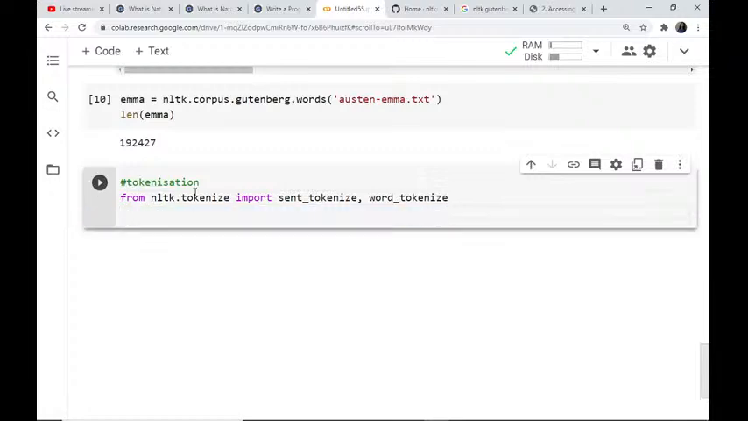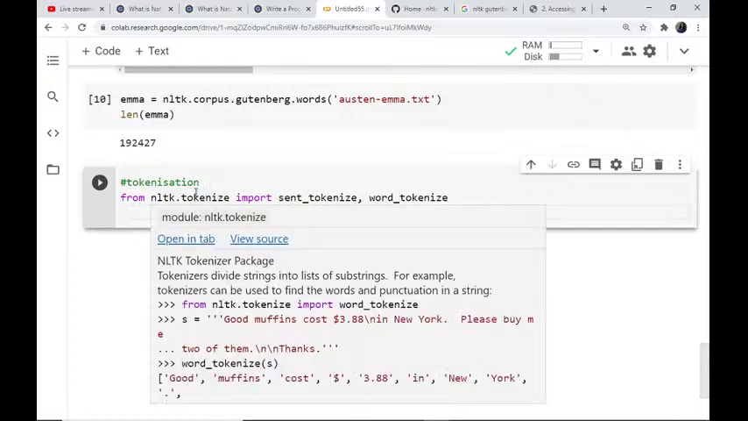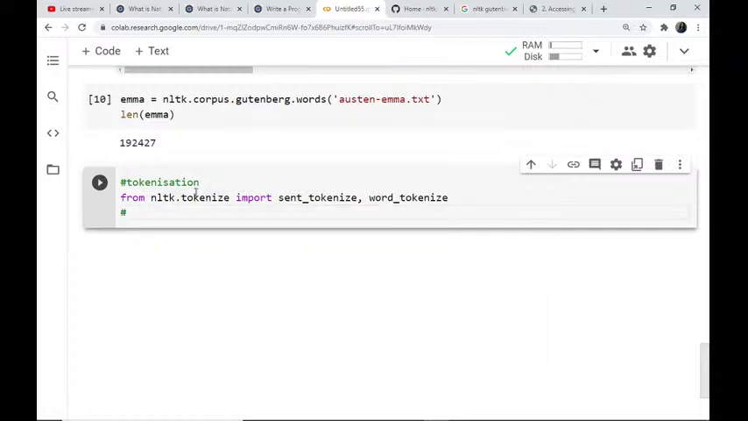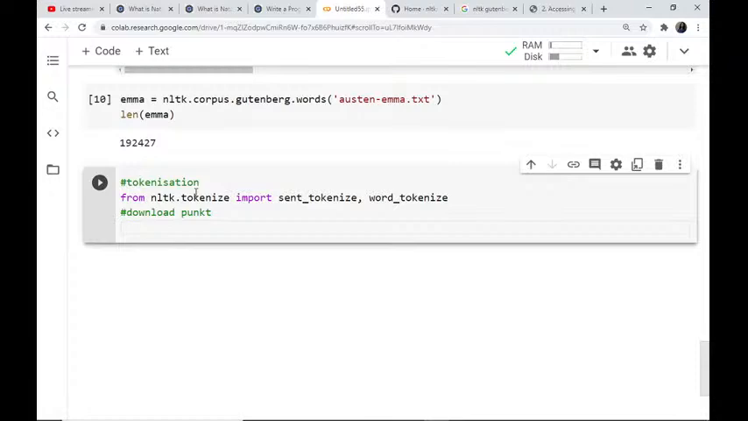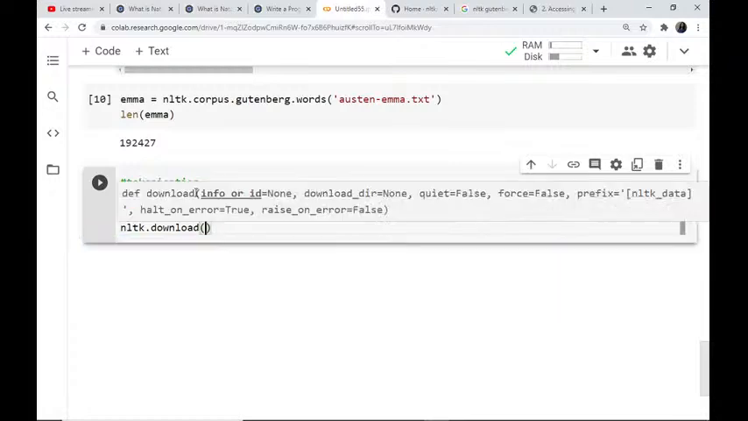Okay, from nltk.tokenize, and I need to download a particular package, that is the Punkt. Download, nltk.download. Okay,